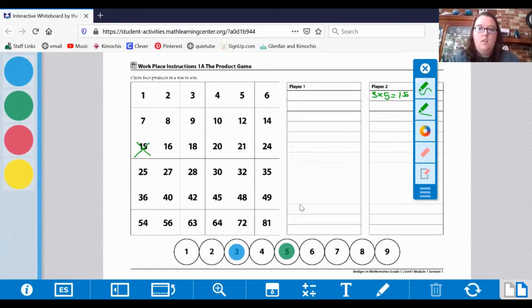And then player 1 gets to move either one of these markers to come up with a new space. So player 1 can move the 3, or they can move the 5, but you can only move one marker. You cannot move both, only one, but you can move either one you want. So I think I'm gonna go